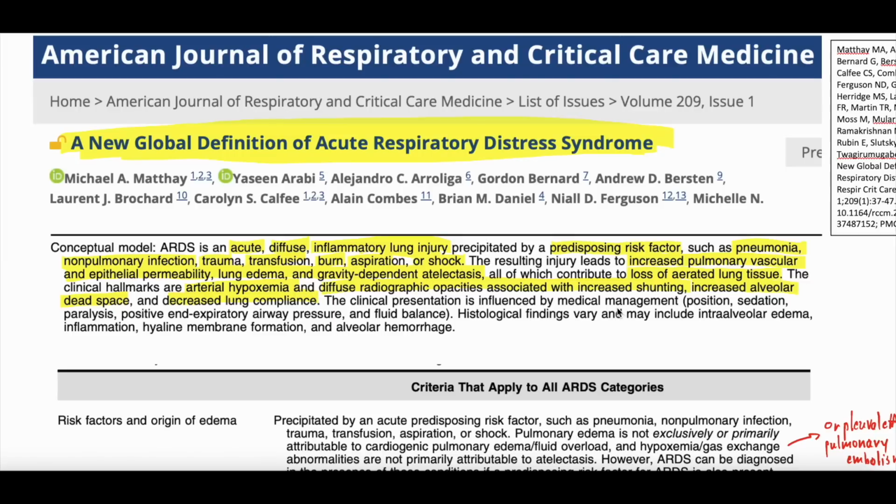But this is essentially saying that the diseased lung, because it cannot exchange oxygen, you get shunting, so you get blood flow to areas of lung that is diseased and thus can't get carbon dioxide out of those blood vessels, can't get oxygen in, so that blood shunts by those diseased air spaces. You get increased alveolar dead space, which means you're breathing air into parts of the lung that are not exchanging gas. And then decreased lung compliance, that lung starts to get stiff because it gets so diseased.